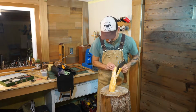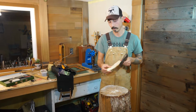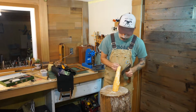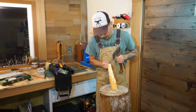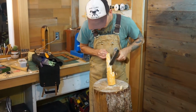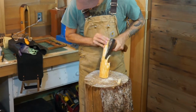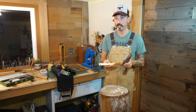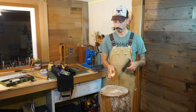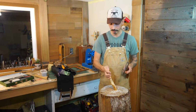Now this one has that nice knot. Oh, that's another one. So there's a knot there and a knot there. So we're gonna have to be extra careful. So we're gonna come in like this. So you want each cut to be as controlled as it possibly can be. When you have the grain twisting around like that,